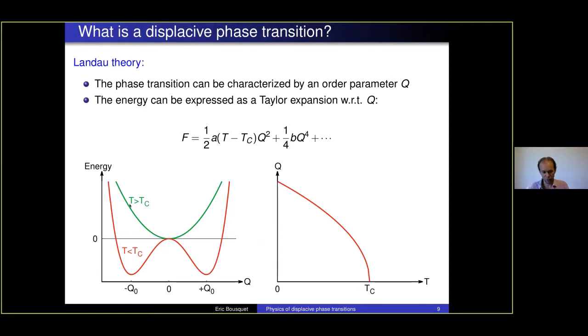And then the curvature of the energy is positive, because this term in front of the Q squared is positive. This means that for a temperature higher than the critical temperature, Landau theory says we suppose you have a single well energy landscape. And now if you have a temperature lower than the critical temperature, this coefficient becomes negative. And this coefficient of the Q squared term being negative means the harmonic part is negative, meaning the curvature of the energy is negative at the origin here.